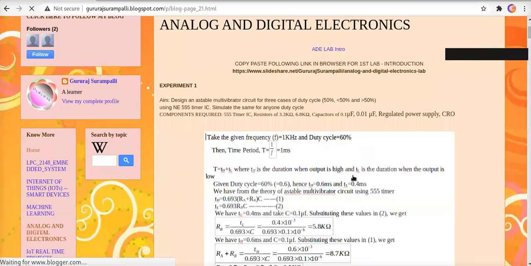Now here you can see our first experiment is to design an astable multivibrator circuit for three cases of duty cycle: 50%, less than 50%, and greater than 50%, using 555 timer IC.